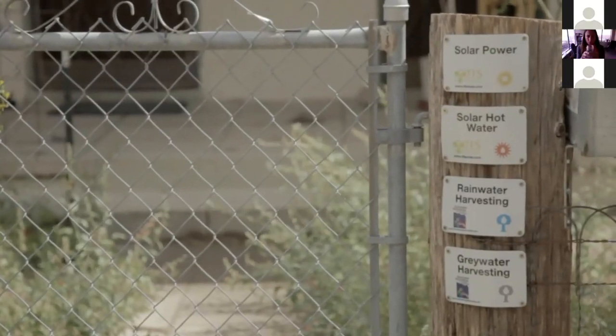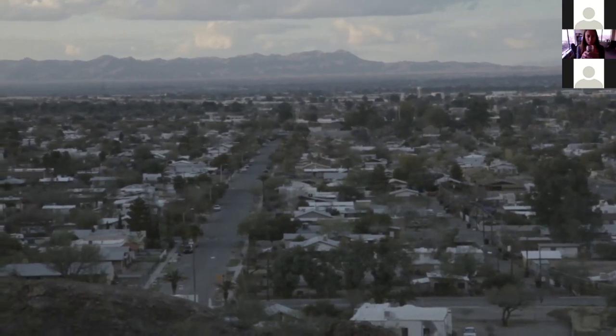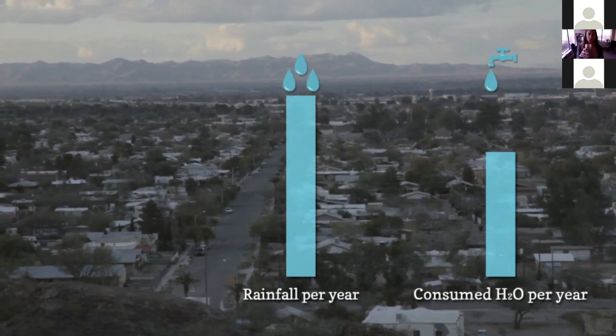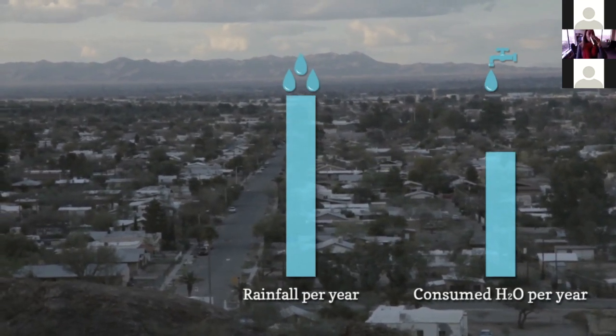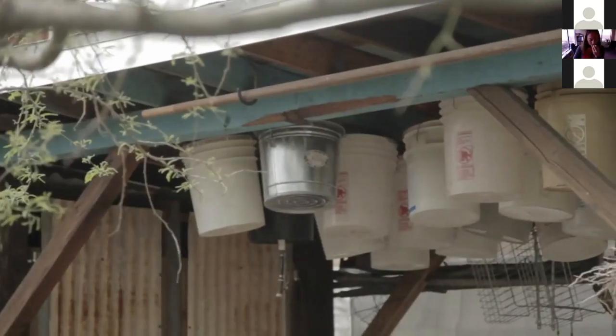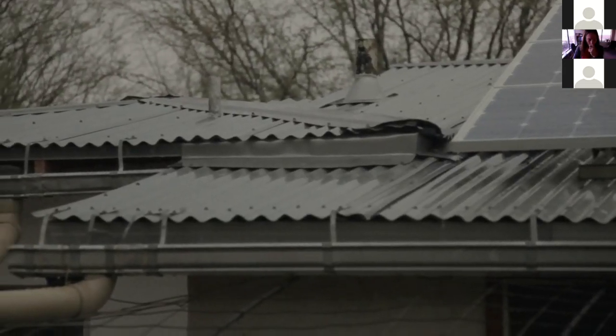Here in Tucson, 1 mile of neighborhood street drains over 1 million gallons of water per mile per year. That's just the rain hitting the street. More rain falls on the surface area of Tucson in a typical year than the entire community consumes of municipal water in a typical year. So it's very easy then to shift to a new paradigm where we shift away from the model where imported water, municipal water, is the only water source for the landscape, to one where on-site water, free water, rainwater is